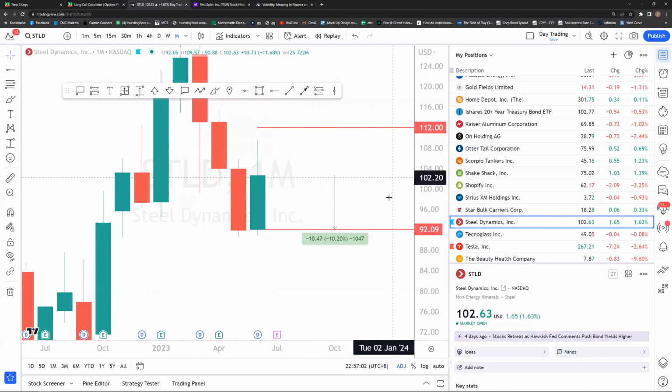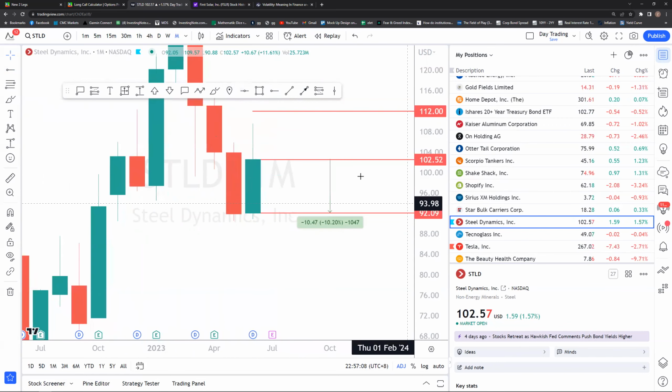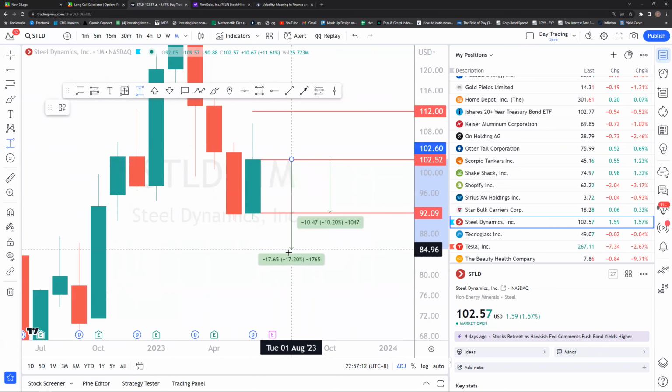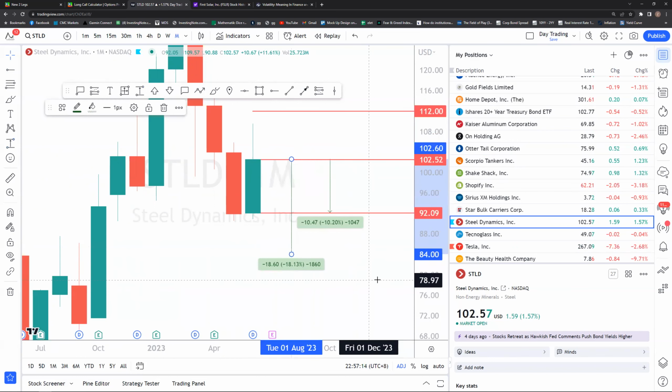Okay, because if your long put is at 92, it is too far off from the current price already lah. If your long put is at 92, your target actually needs to be very, very far down in order to profit lah. So you go and work out where your long put strike will be, but